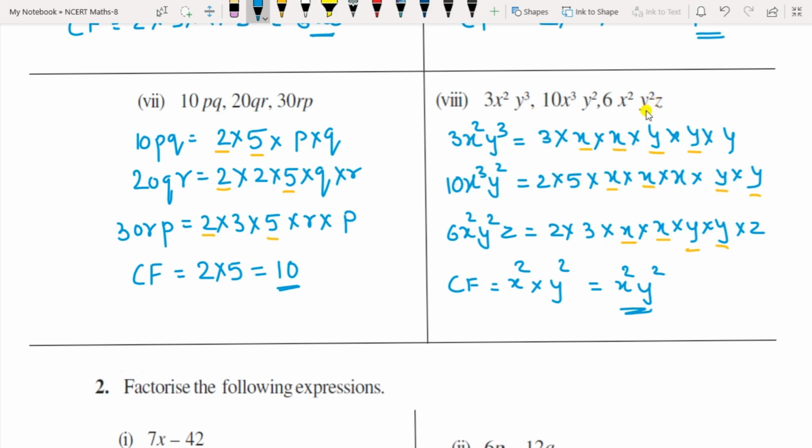So this way you have to do the factorization. Now you have to know the tables for that, and you can see which common factor you can find out. Simply you have to remember, you have to find the highest common factor between the numbers, and for the variables you have to see the least power. You can see x square, x cube and x square. So x square is the least power, so you have to take out that common. Okay, so that is called the highest common factor.